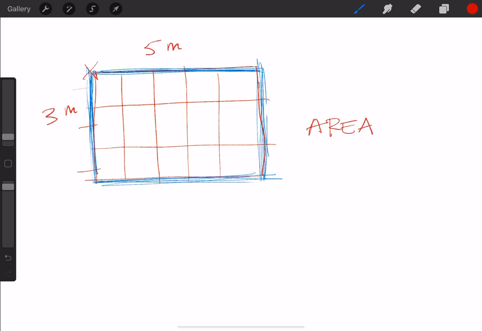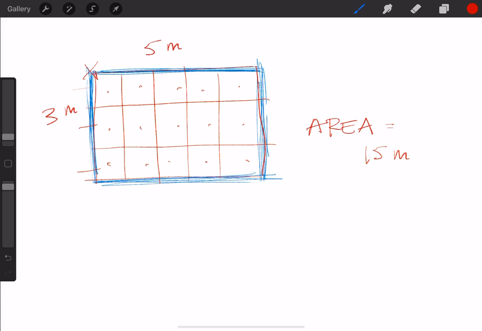My drawing's not perfect. Okay, so the area of this shape, or how much two-dimensional space this rectangle takes up, is just going to be the sum of all these square units inside, right? 1, 2, 3, 4, 5, 6, 7, 8, 9, 10, 11, 12, 13, 14, 15. That one didn't mark. There we go. Okay, so my area in this case would be 15